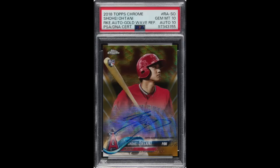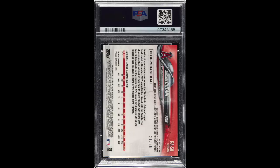Number 3, 2018 Topps Chrome Autograph Gold Wave Refractor Shohei Ohtani rookie, graded PSA Gem Mint 10 with a DNA 10 for the auto. The card is serial numbered out of 50, as gold refractors and gold wave refractors tend to be. Sold for